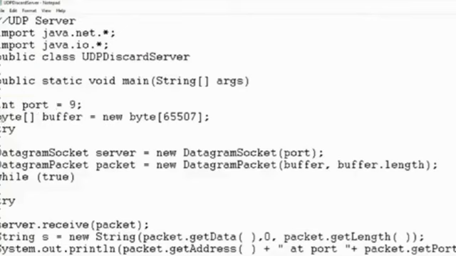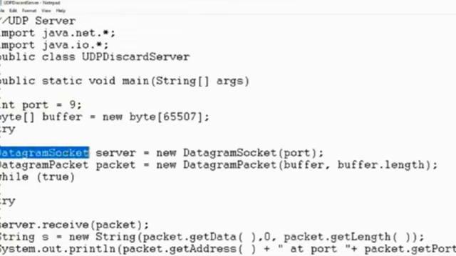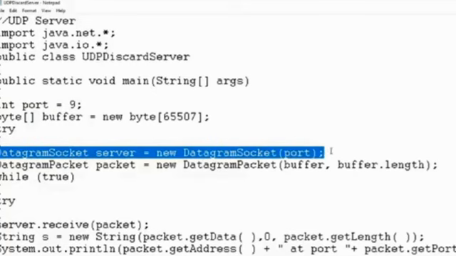A byte array is declared here for buffering of data. Now I have created the server socket and packet. DatagramSocket class object server equal to new DatagramSocket with port number 9 that we have already initialized. So with the help of this line the datagram socket will be created.